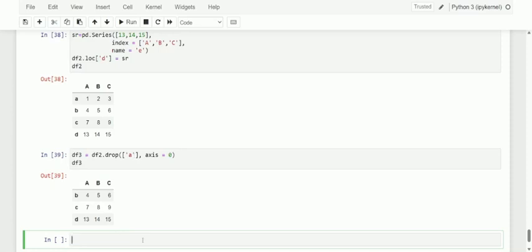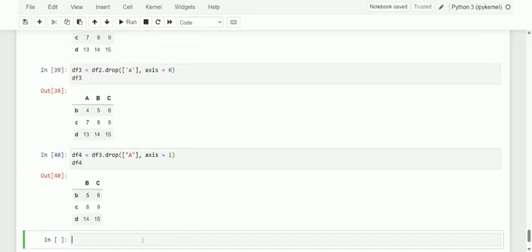Of course, we can also delete the same thing by using axis 1. So kindly just have a note of it. I just want to make use of df4 here from df3. Let me drop. Kindly just see. Here I'm just going to make A. I think for the uppercase A, yeah, it is a column, of course. Anyhow, I'm just going to give axis equal to 1. So now let me just see the updated data frame. So see here, the A has been deleted.